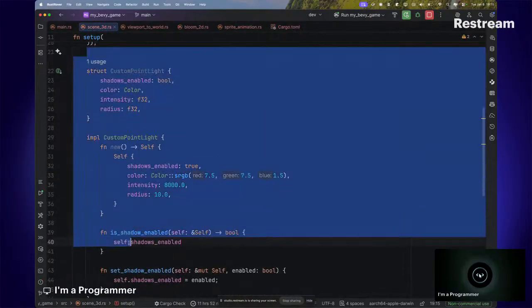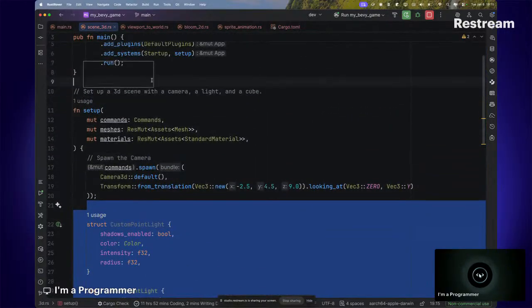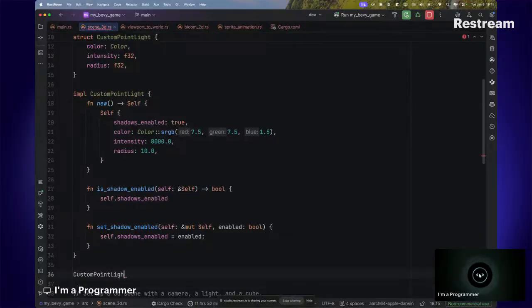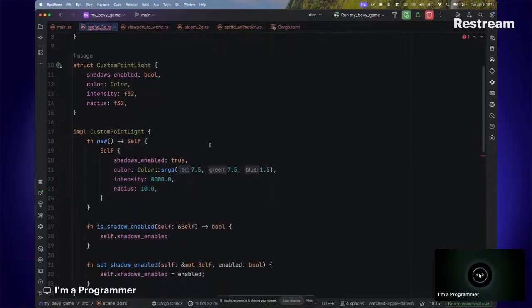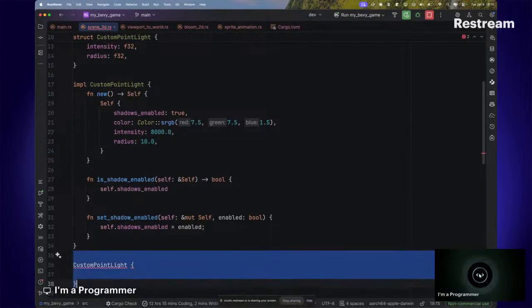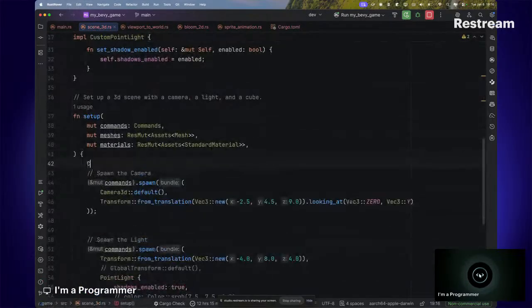Implementing this, I can move this out of this place. And if I want to use it outside of this place, I can just set it up somewhere here, custom point light. You get the idea, right? We are not implementing it because we don't actually need it. We need to define it inside the function to use it, but because we can't use it directly inside there,